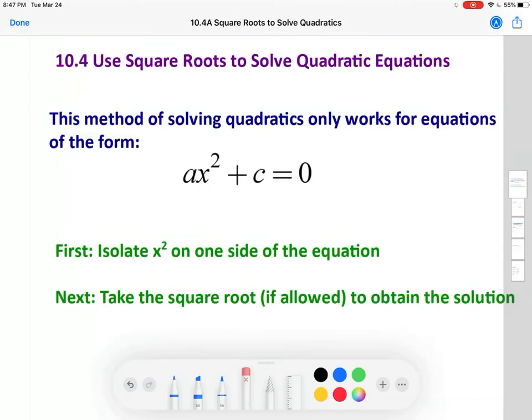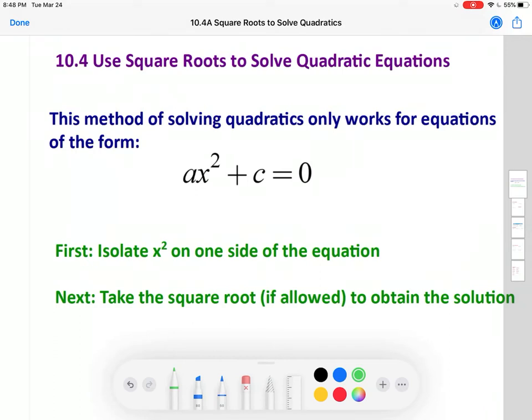All right, welcome to a non-graphing section, ladies and gentlemen. This should be pretty exciting. We finally get to do some algebra and leave graphing behind for a while. Notice we're skipping to 10.4 because 10.3 was to solve by graphing. And in the real world, that just isn't a real thing that anybody usually does. So we'll jump into 10.4 and talk about how we can use square roots to solve these quadratic equations that